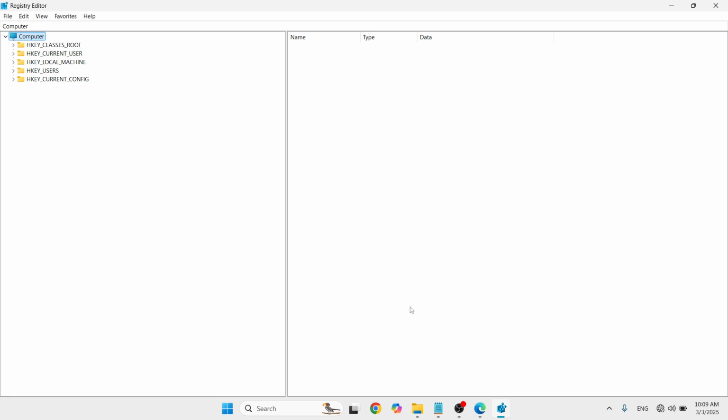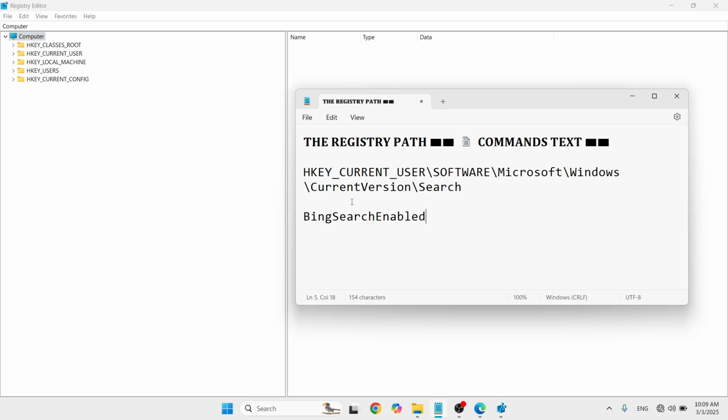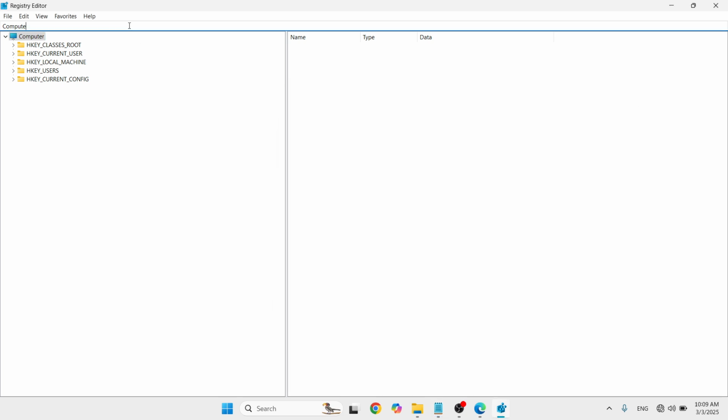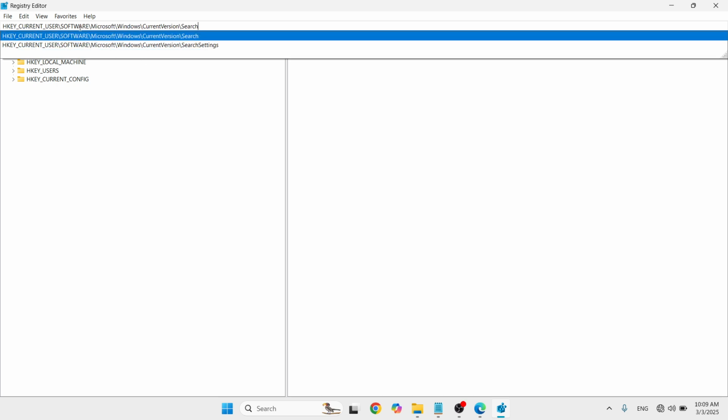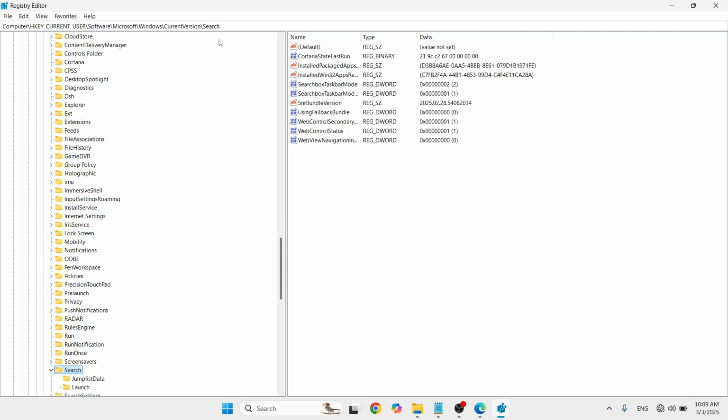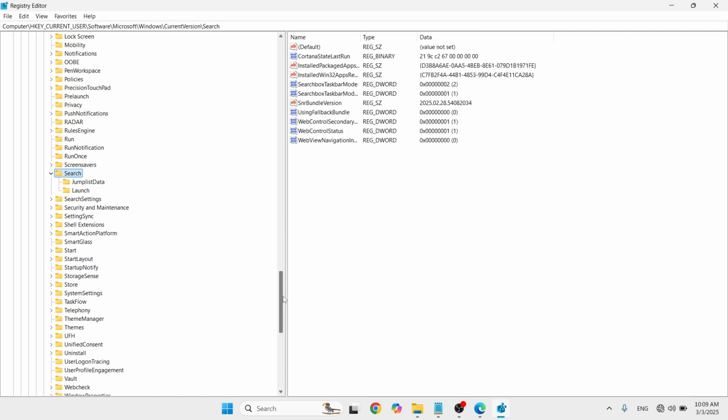Here you need to follow this registry path. Just type this at the address bar. Simply pause this video to take a screenshot or a note of it. Again, it is HKEY_CURRENT_USER\Software\Microsoft\Windows\CurrentVersion\Search. Just click on Enter so that you'd be able to see the folder name